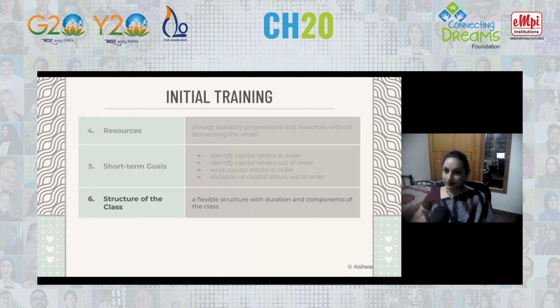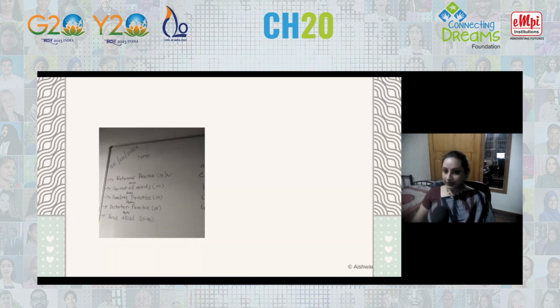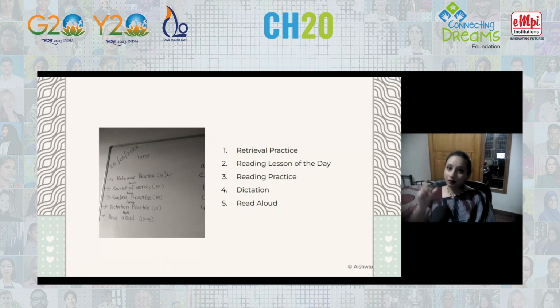So instead of a lesson plan, I provide the structure for a class. And this is a flexible structure with a rough duration advice and components. I'll show you. This, for example, is a photograph of Deepa's class. So I tell her that your class should have 5 components. One is retrieval practice, about 5 minutes. You have to, and I tell her how to conduct the